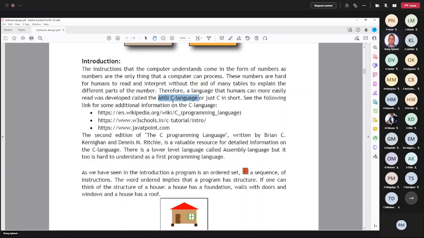And it produces code which runs pretty fast. And even things like Python are actually written in C, meaning the Python interpreter that compiles Python code was written in C.